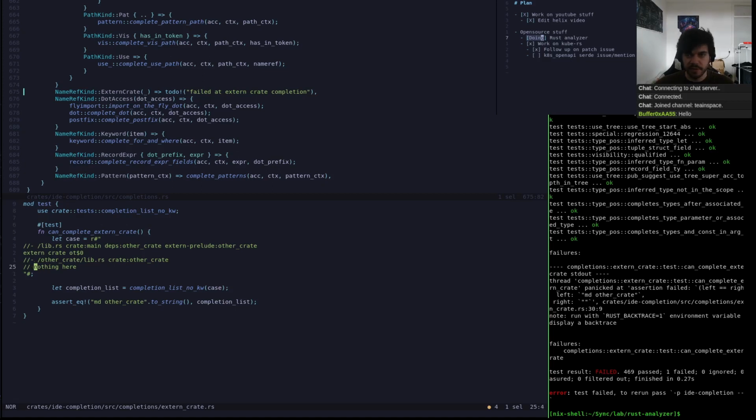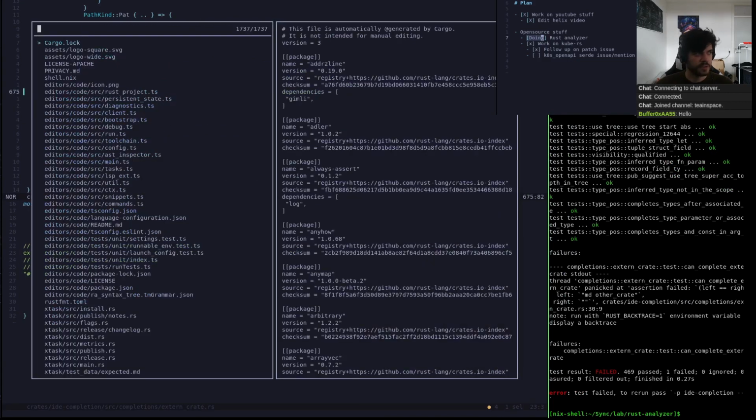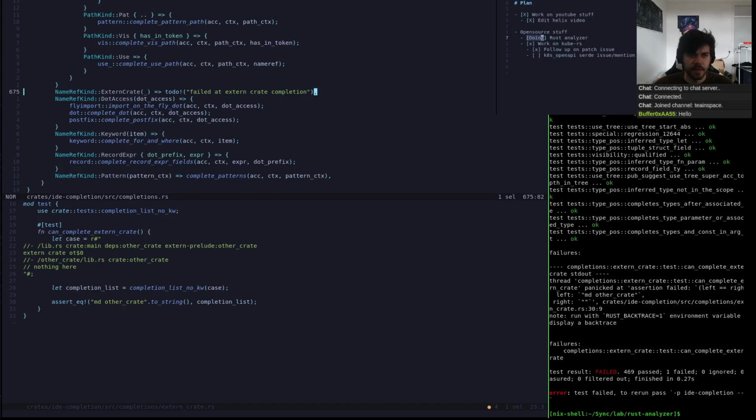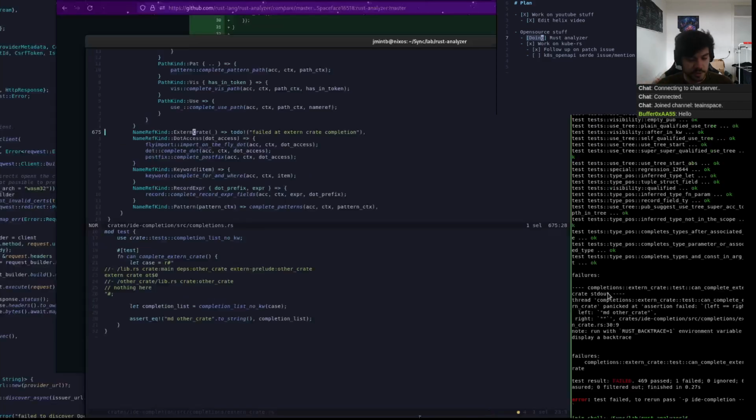So I think one place where we should be using our completion, let's say, is if we go up here and we say completions on RS. So we're not actually hitting the extern crate, and that does make sense, I think. But let's just go back and see